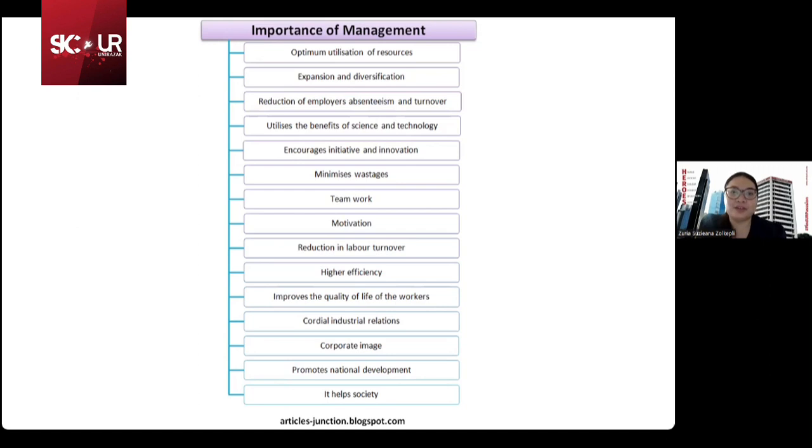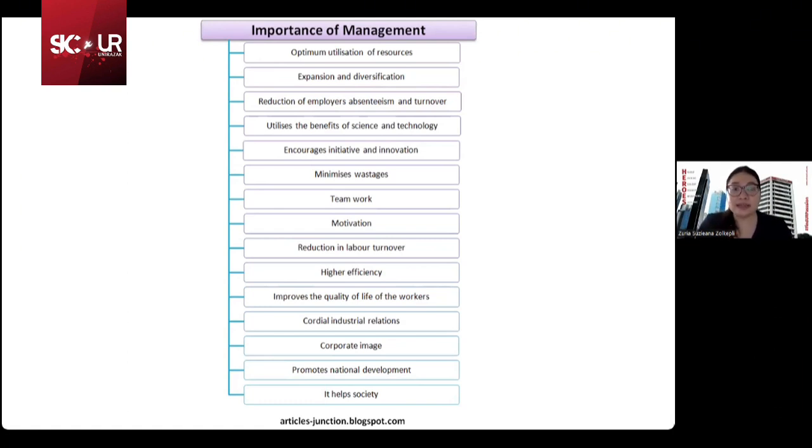Okay, so another important thing of management here is to encourage initiative and innovation. I teach innovation, so innovation is more than products. It's about mentality. It's about changes in human behavior. When we innovate, it means that we try to create new changes. So it can also be changes in the way we do the processes, the mentality, the attitude. When we talk about innovation, it's not just about products, not just physical things. Normally when we hear innovation, it's all about prototypes, products, technology, but actually it is more than that.